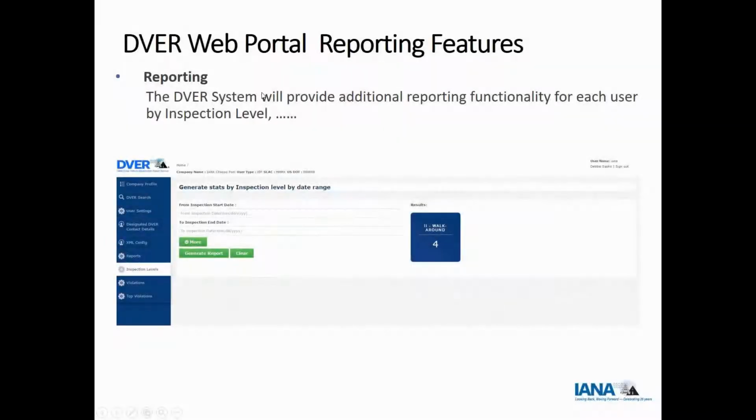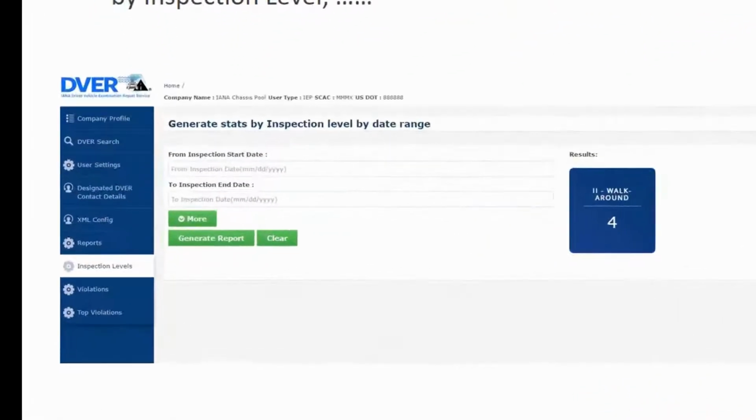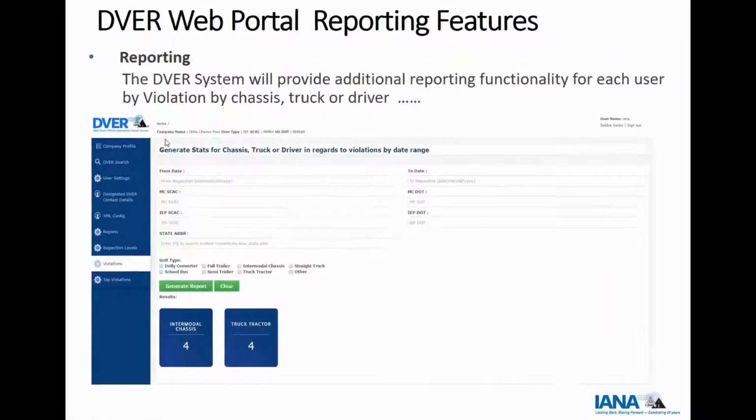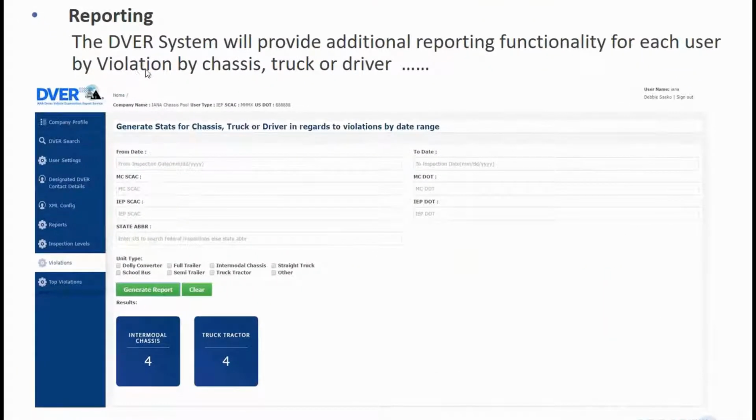The web portal also has some reporting functionality, as I had mentioned earlier. The first report is generate stats by inspection level. So you have the ability to run reports by the various inspection levels and then download them in an Excel format. You also have the ability to do reports by violation by unit type. It would then return the information based on the search parameters you had entered, and then allow you to download that information. These two reports would have the detailed XML information that we had received from FMCSA associated with the